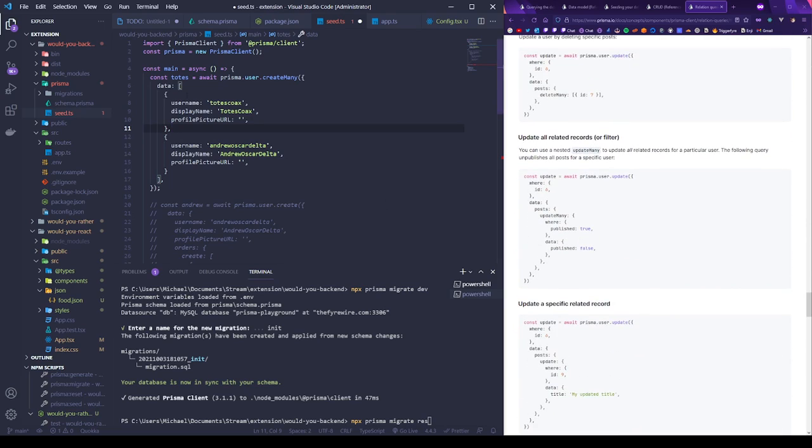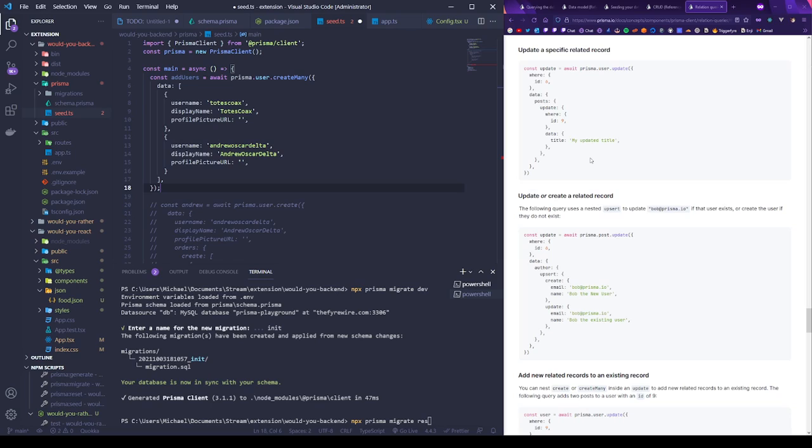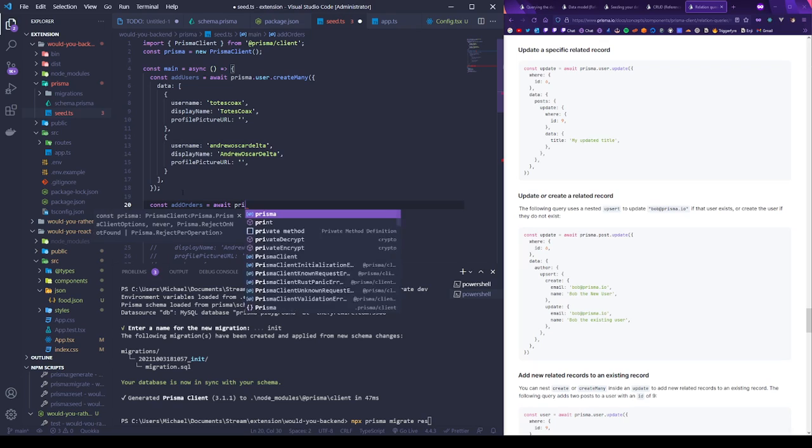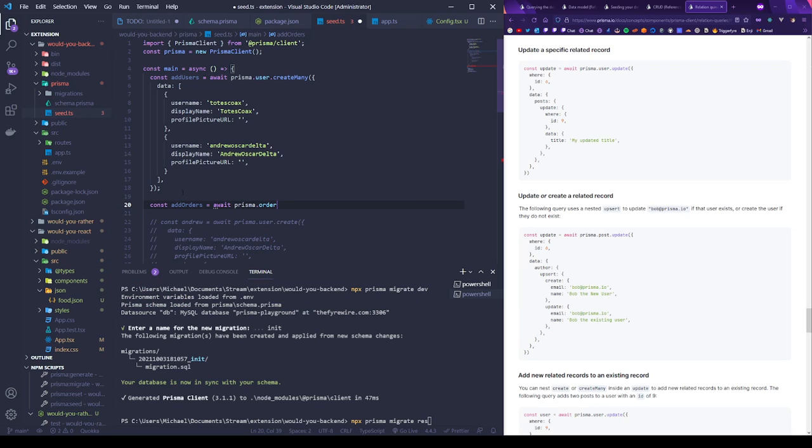But I can then go back in and say, hey, I can add users, and then for each user, update or create related record. Update, upsert. So I can go add food, add orders, await Prisma order create many,